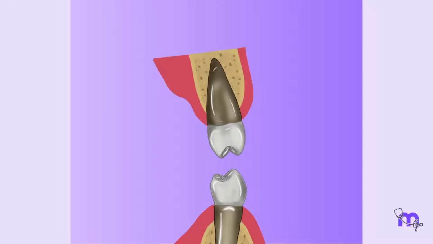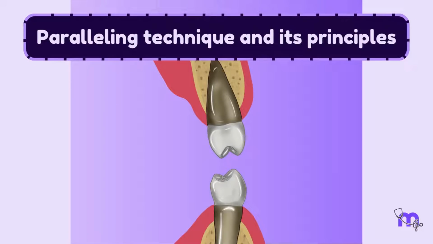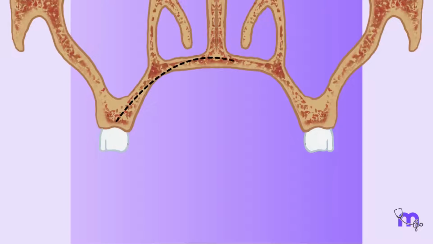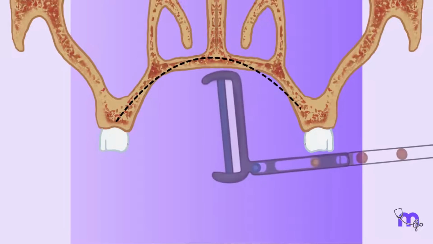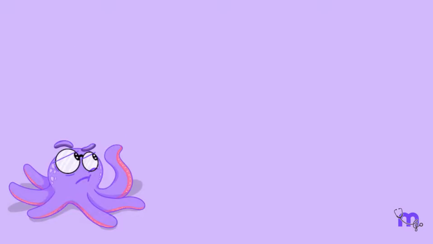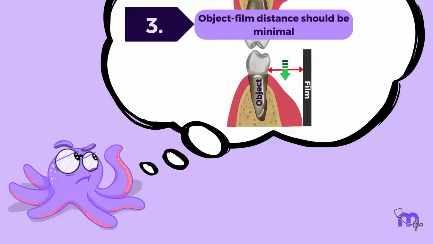Now let us understand the paralleling technique and its relationship to the principles. The film is placed in the patient's mouth parallel to the long axis of the tooth of interest. The curved anatomy of the palate makes this possible only if the film is placed at the center of the oral cavity, therefore increasing the distance between the film and the object. But according to the third principle, the object film distance must be as small as possible to get a sharp